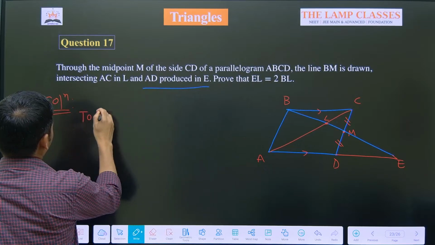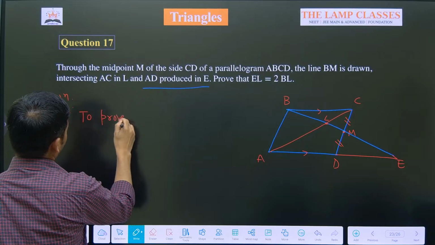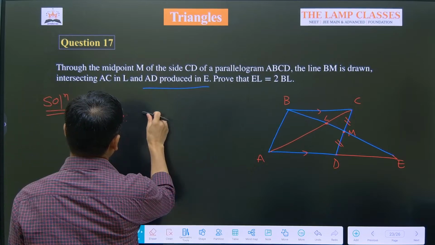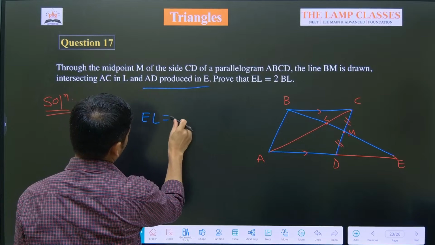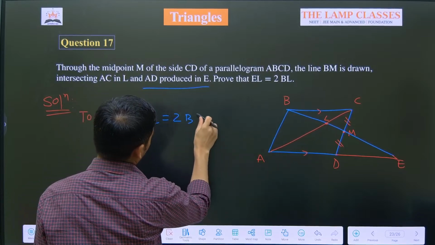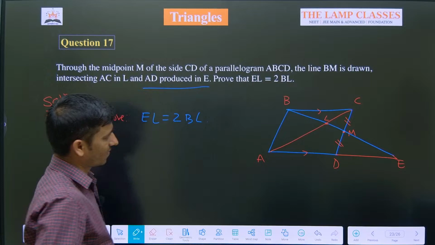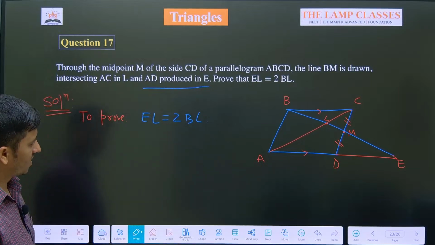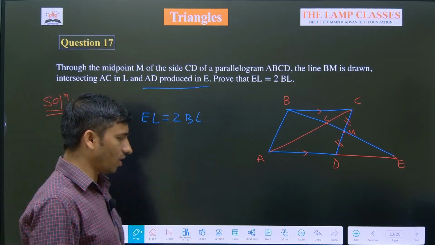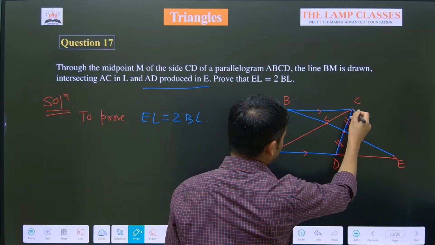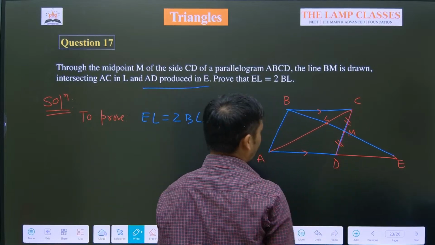To prove, you can even write what's given. Now, please write what's given. EL is equal to 2 times BL. Is that all right? So, first thing what we can observe, since this side and this side are equal, and